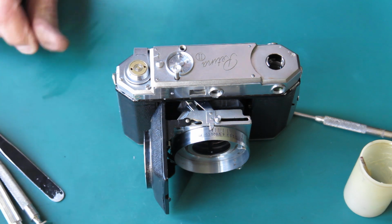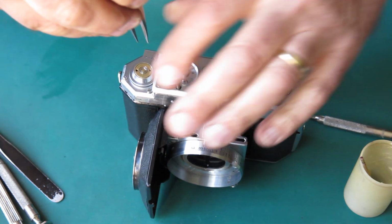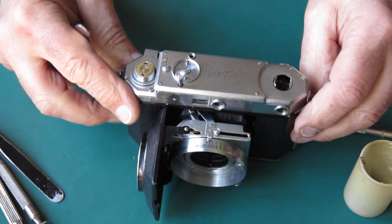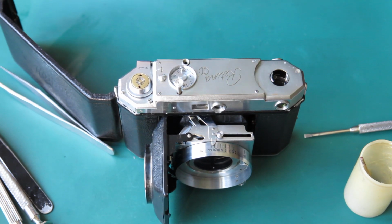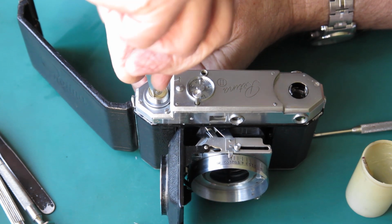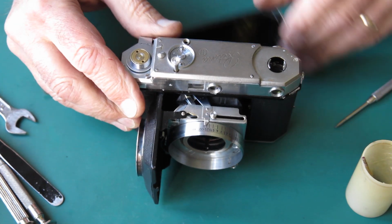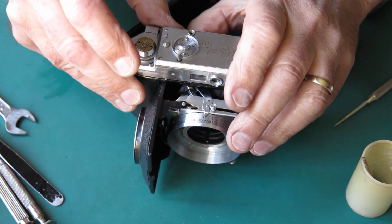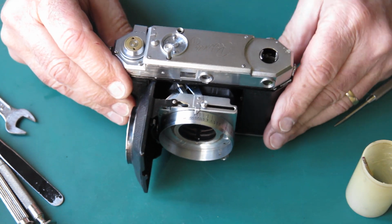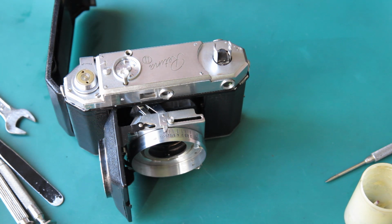I've thought about that cap. There's various things I could do. I could nickel plate it. I can't chrome plate it, but I'm not sure that it would look better nickel plated than it would as brass, so I'm going to leave that exactly as it is. This of course is left hand threaded, and I'm going to need to put the spanner on there to hold the shaft from moving. I'm just using a stiff pair of tweezers to tighten that up. That all moves nicely,